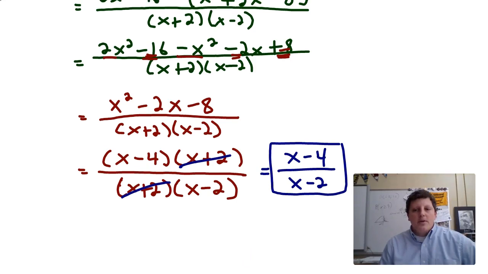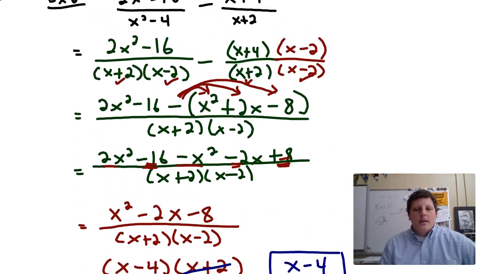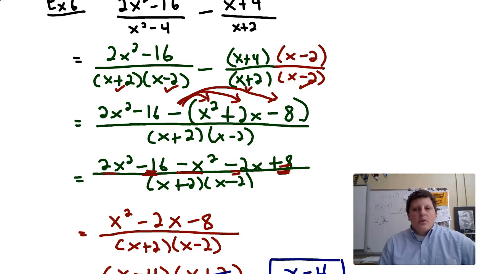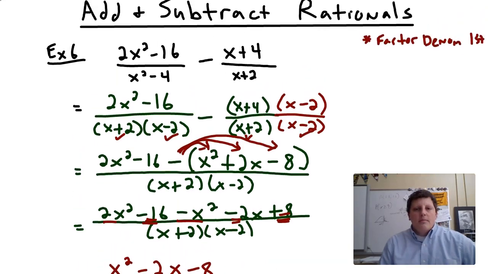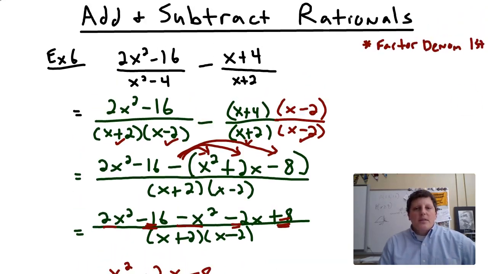So let's kind of back up here and just review really quickly what we did. We started with our problem. We factored the denominator first. We do not factor the numerator till the very end. After factoring the denominator, we got what we call a least common multiple. Once we know what the factors are, anything that's missing on either of the terms, we multiply top and bottom